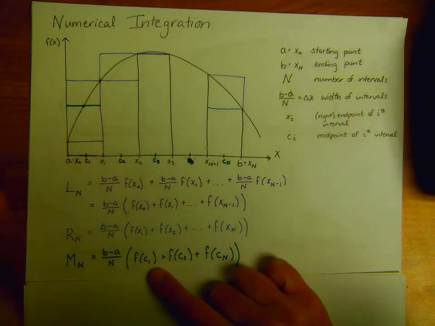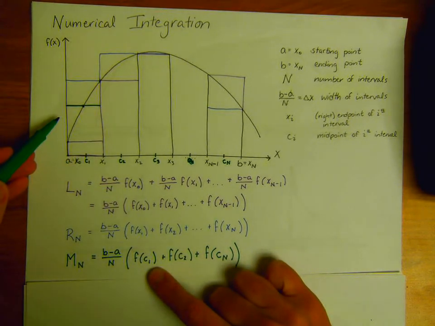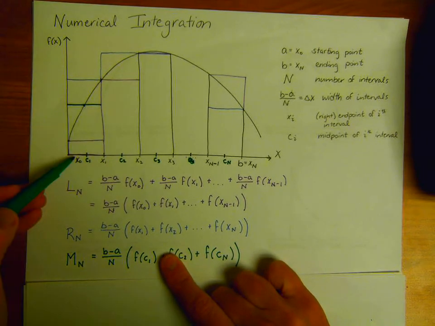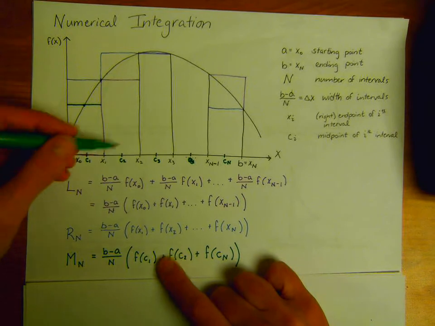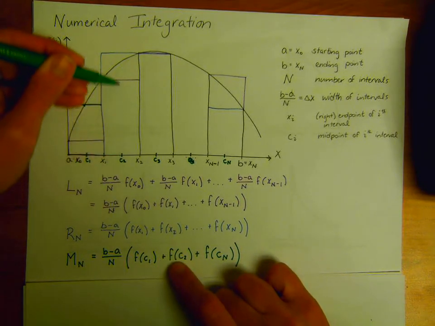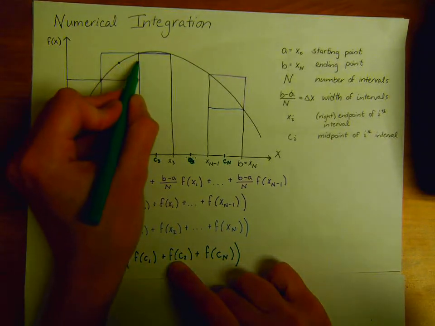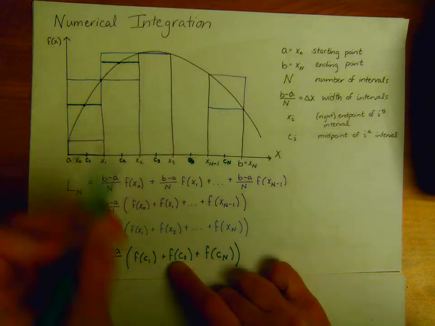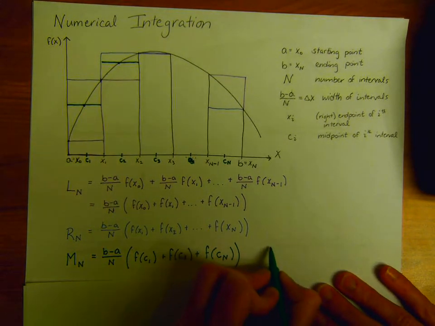So we can see that, at least for this first rectangle, this is actually a much closer approximation than the left or the right approximations. And f of c2 is going to be the height at the middle, and I multiply it by the width of the base, and so on and so forth. So this, my midpoint approximation, is